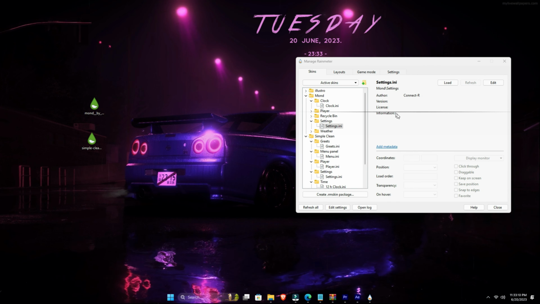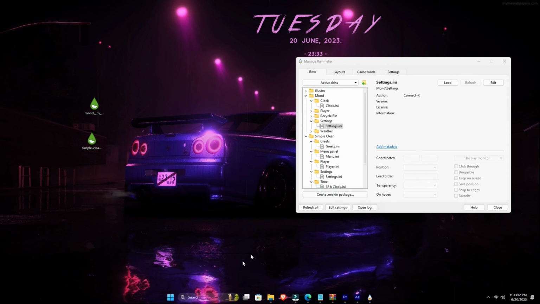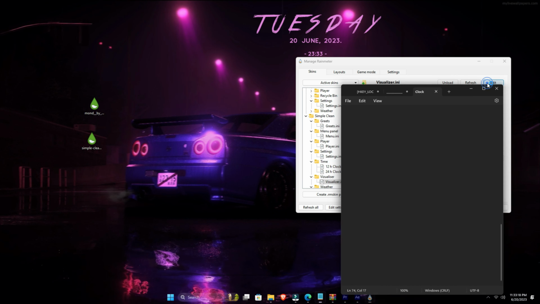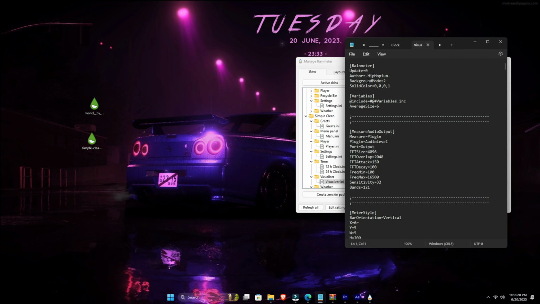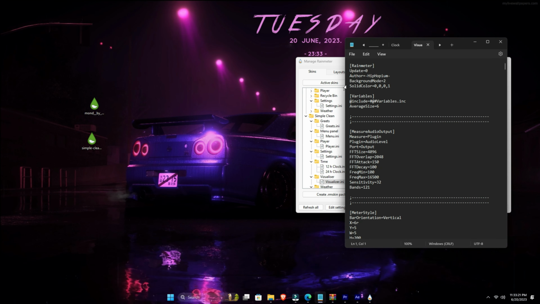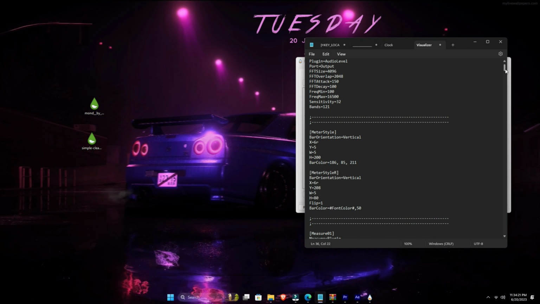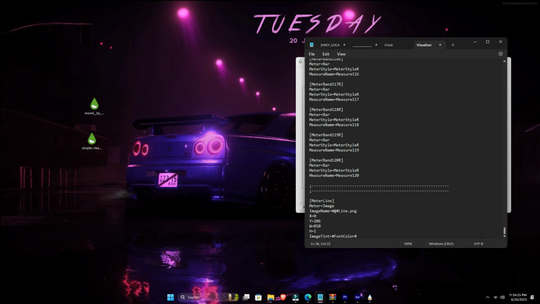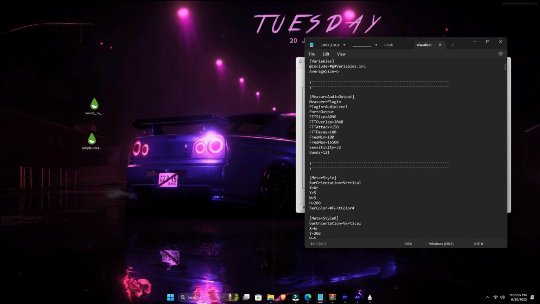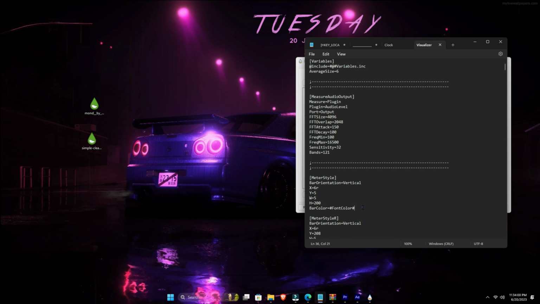Now for the visualizer, which is that thin black line that is barely visible because there is no music playing. Let's first edit it and then look at the outcome. Let's go to the very bottom of the text and make sure that H is equal to 0. This gets rid of the black line, which is not so nice. After that, let's change the color of the visualizer to, in this case, I've already copied an RGB code.